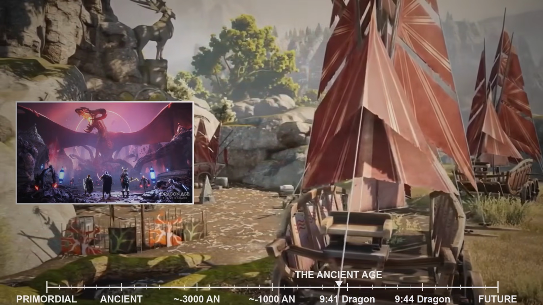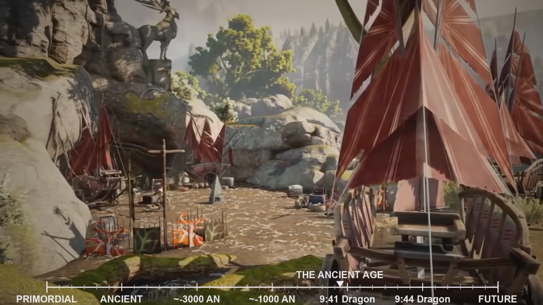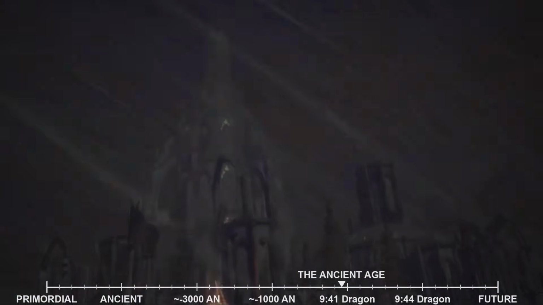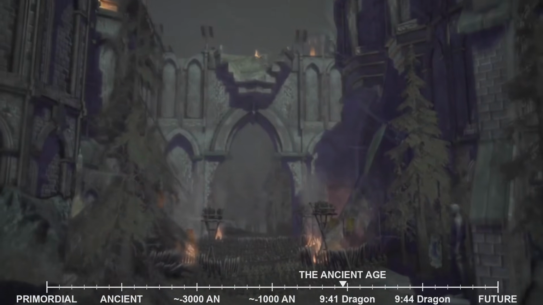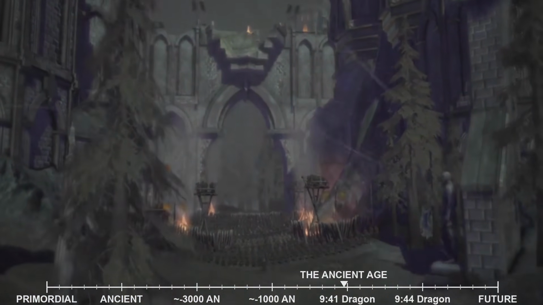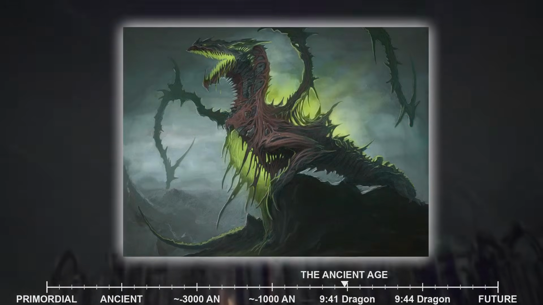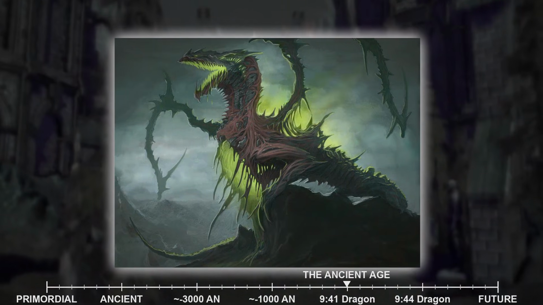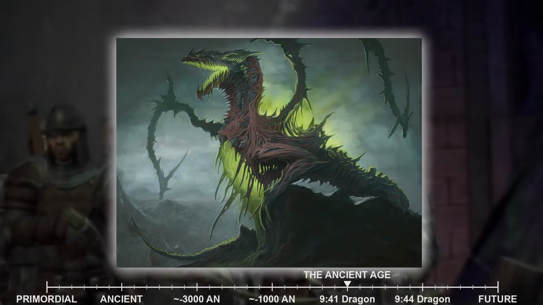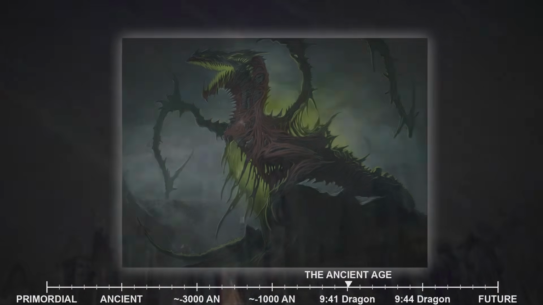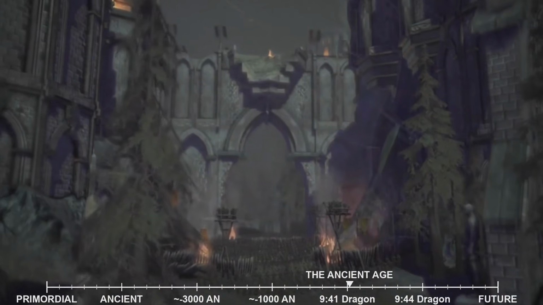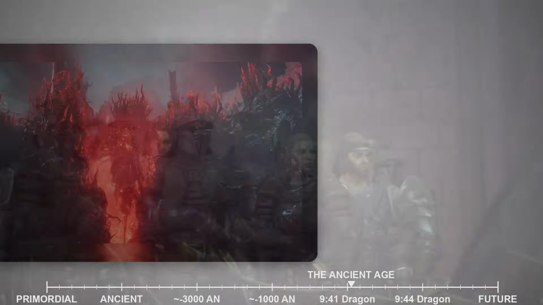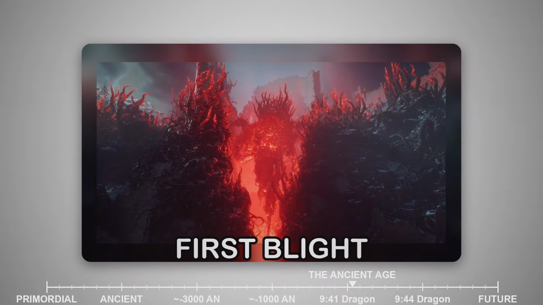She returns from her hunts carrying weapons and armor crafted from the Void's essence, and these artifacts corrupt everything they touch. The corruption spreads from Andriel herself to her followers, to the lands she walks through, to the creatures she hunts. This is not merely a spiritual or moral corruption. It is a physical plague, a blight that twists living things into grotesque parodies of their original forms. The symptoms are horrifyingly familiar to anyone who knows the later history of Thedas. The blackening of flesh, the loss of rational thought, the transformation of ordinary creatures into monsters driven only by hunger and rage. Andriel has brought the First Blight into the world, though it will not be called by that name for thousands of years.